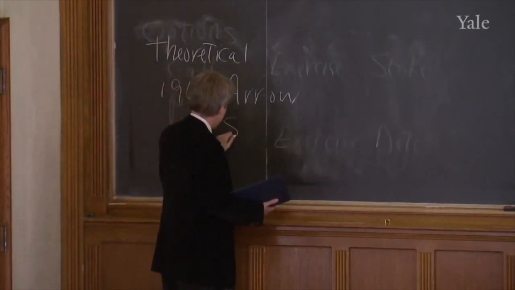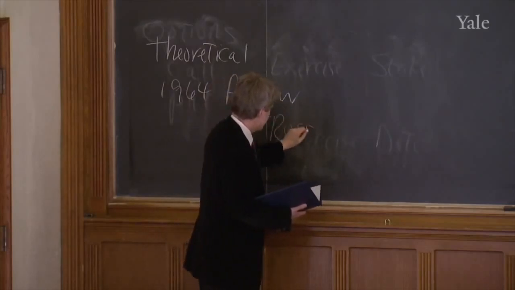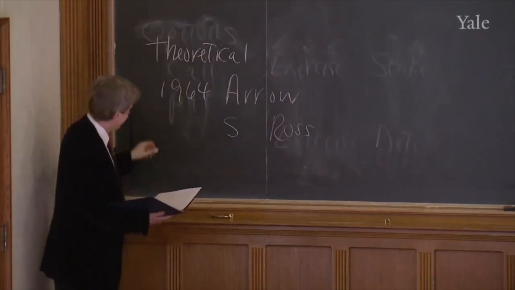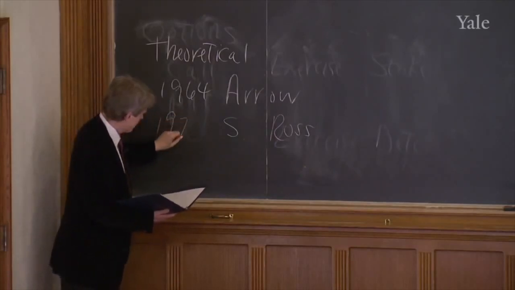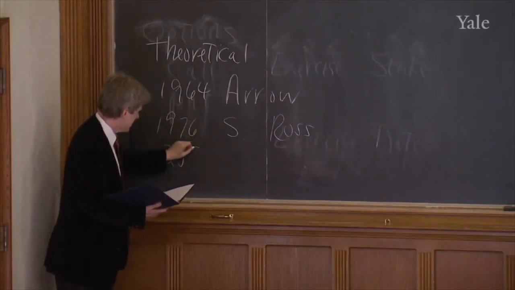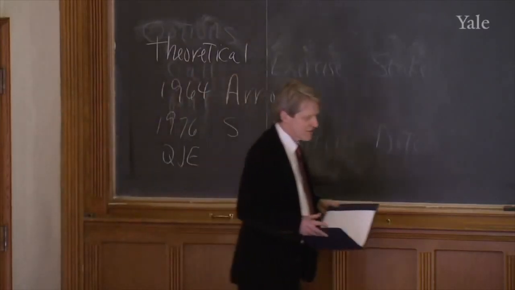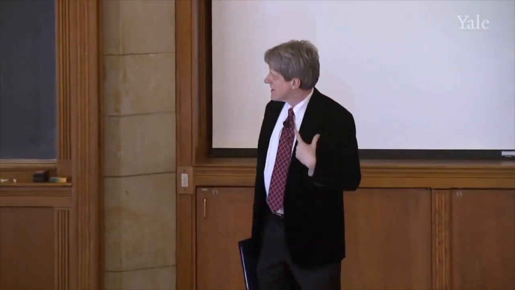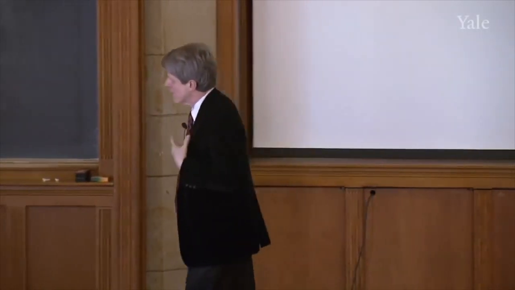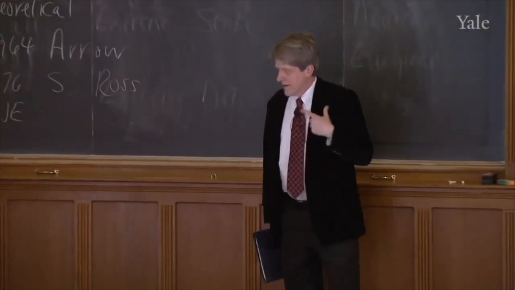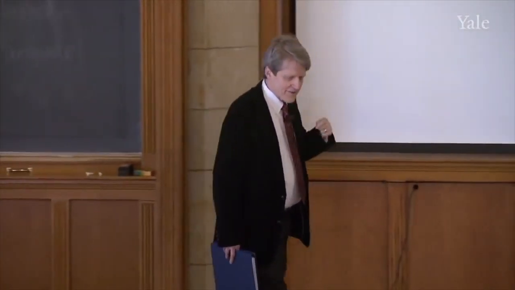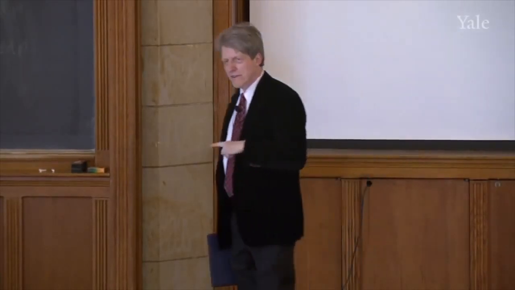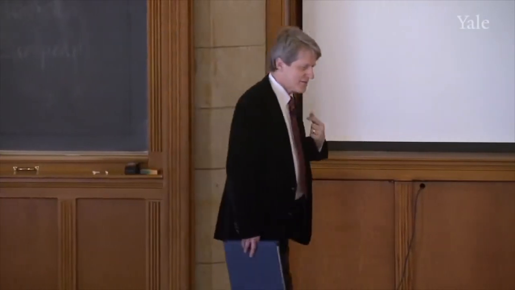Stephen Ross, who used to teach here at Yale, a friend of mine, lives here in New Haven, in 1976, in the Quarterly Journal of Economics, wrote a classic paper about options, showing that in a sense they complete the state space. They create prices for everything that affects decision making. So I'm not going to get into the technicalities of the paper, but I wanted to start with a theoretical justification for options so that you'll see why we're doing this.